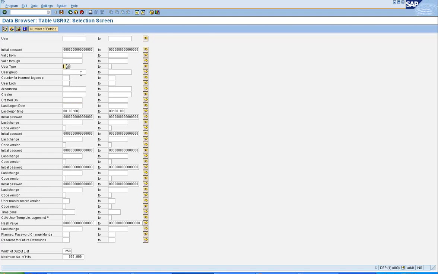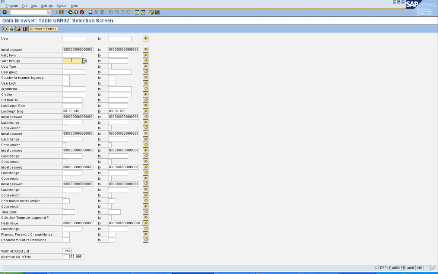For example, if you want to find out how many dialog users or how many communication type users there are, then the user type field becomes handy. Similarly, the valid from and valid through dates. If you want to see how many users are expiring within a particular time frame, you can use the validity dates to find those user IDs, and then either extend, lock, or delete those user IDs depending on what the policy is.